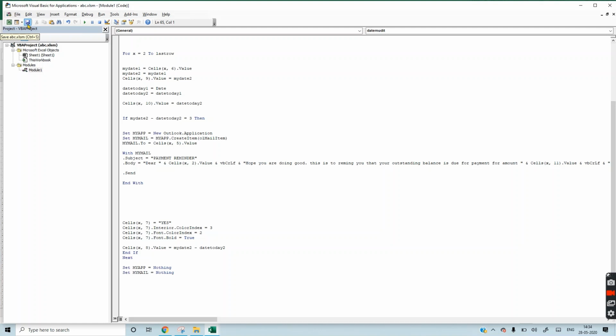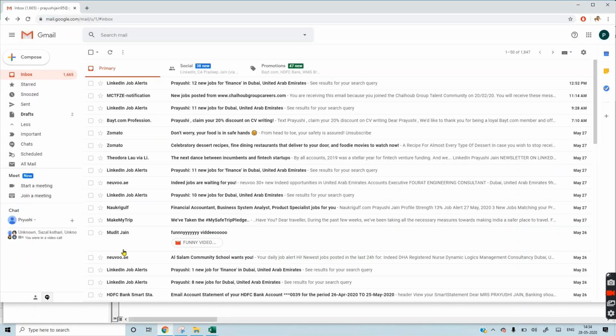First of all, we will save this. Now whenever we press this, the mail will be sent automatically. So we are clicking this button. Now we will go to our Gmail to see if it is working or not. We will press refresh.